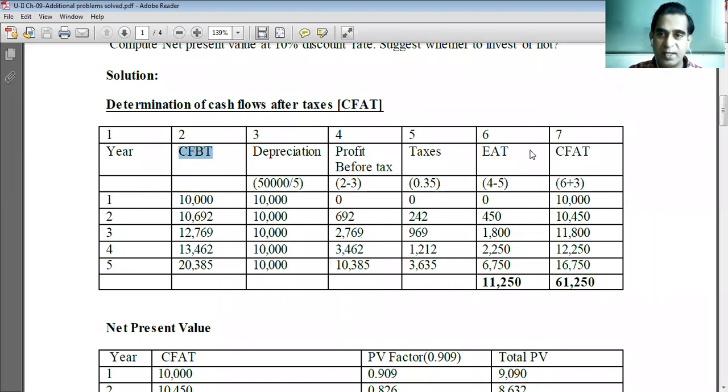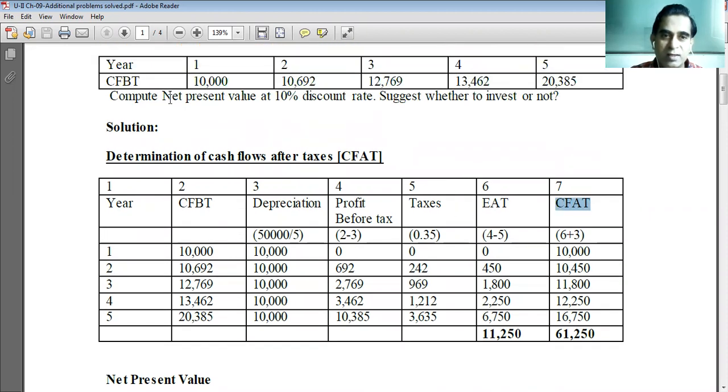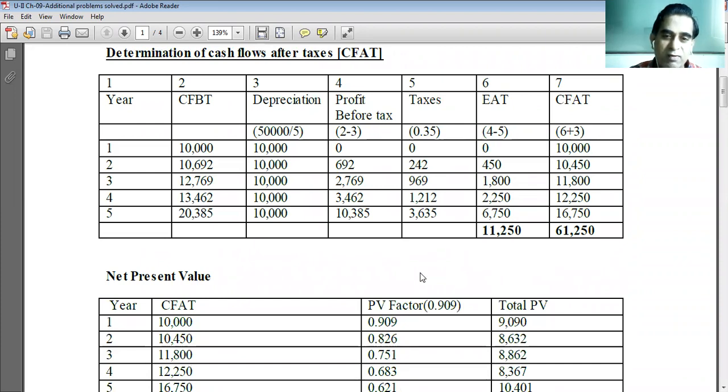What is CFBT? What is CFAT? Remember, in the examination we cannot write in the column cash inflow after taxes or cash inflow before depreciation and taxes, there is no space. In the table data given, it will be written CFBT or CFAT. Here I have written it in full form, but in all the examinations they simply ask to compute NPV. Whom will you ask if you don't know what NPV is? You cannot ask the supervisor also. There will be engineering supervisors, engineering faculty, remember that.